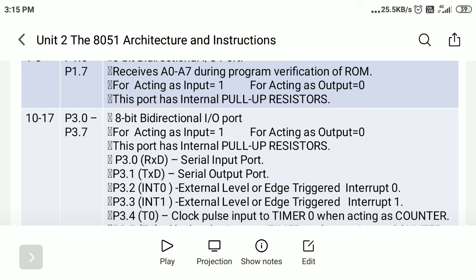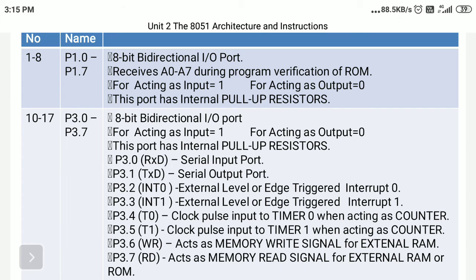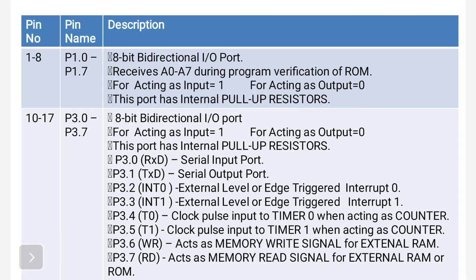Just a minute. So 8-bit bidirectional port, it is written. After that, acting as an input. So we are discussing port 3 completely, that is pin number 10 to 17. So, acting as an input is equal to 1. 1 is nothing but you have to make that pin or complete port connect